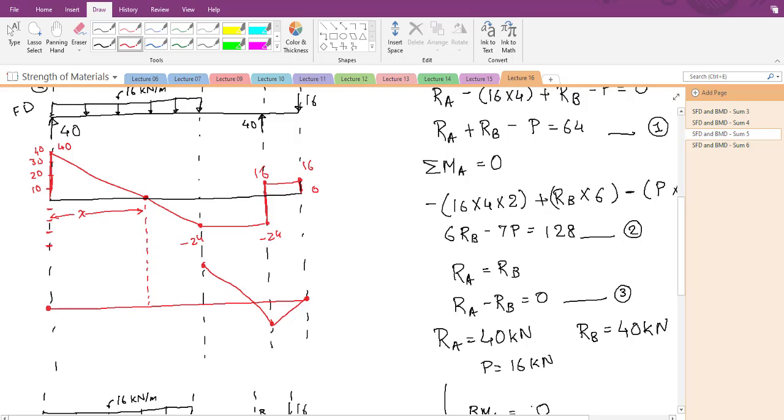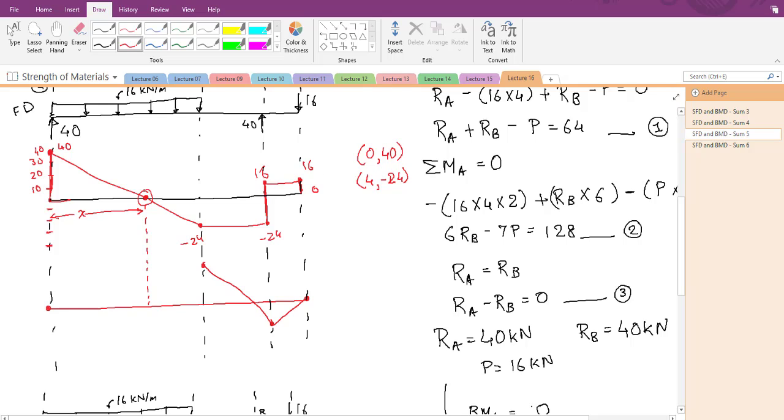Using this slope logic, we can find out the equation of this line and we can find out this point. See, what are the coordinates of this point? Let us say this is the x-axis and this is the y-axis, right? So the coordinates of this point: x-axis is 0, y-axis is 40. So the first point is 0, 40. What is the second point over here? X-axis is 4 meters, and y-axis is how much? Minus 24, right?